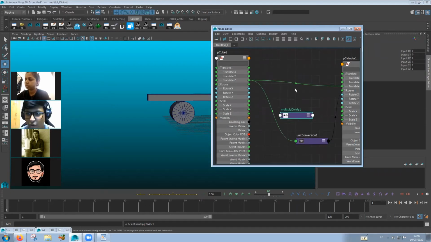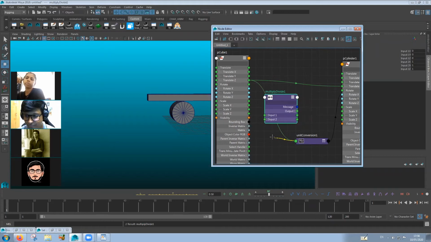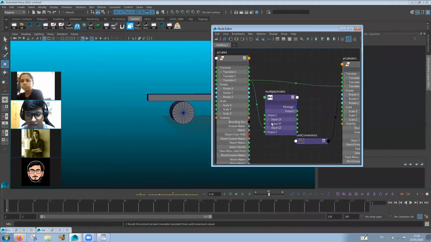Okay. Now what I'm going to do is I'm going to open this up and I'm going to delete this connection over here. I'm going to connect the translate Z into the input Z of multiply divide. Okay.